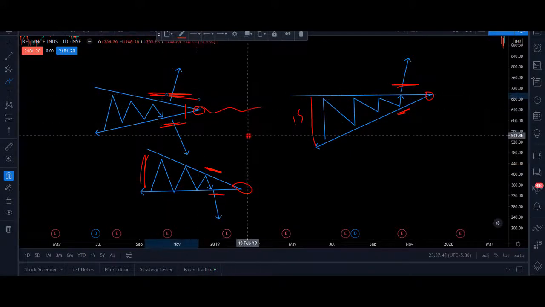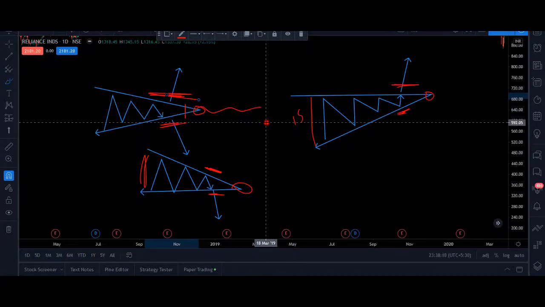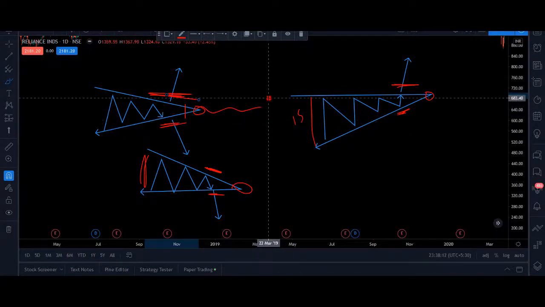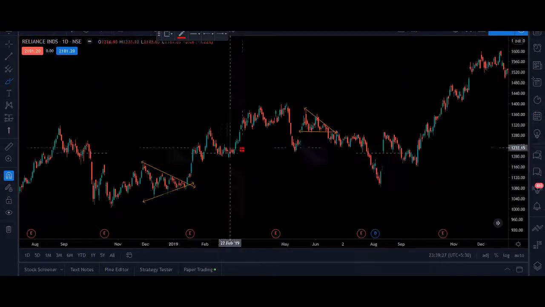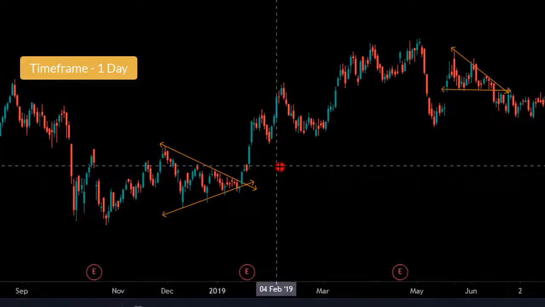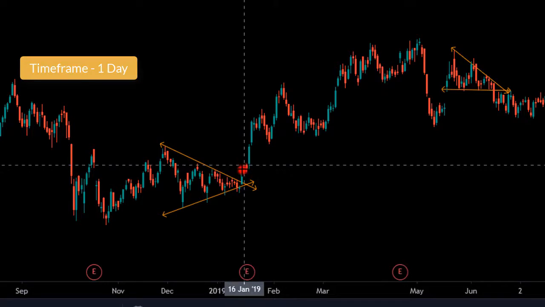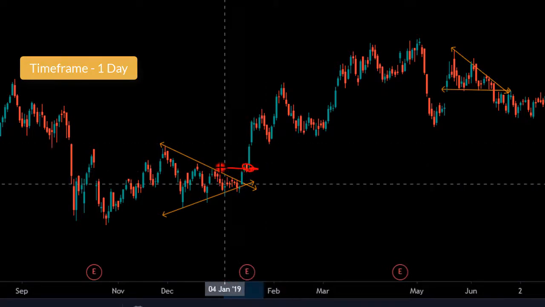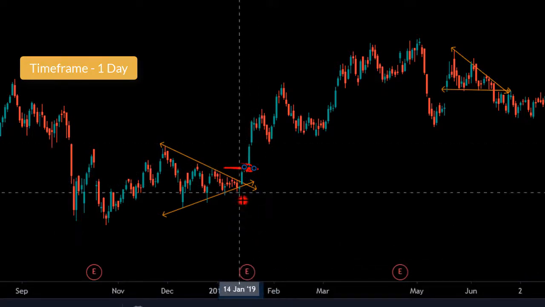So this is how we are trading, and we have been trading this triangle for a very long time, and we made good enough profit using this strategy. And now let's have a look at some real market examples to understand even better. So this is our first example, and you can see the first breakout happened here. So we could have entered the trade at this point, and we could have kept our stop loss here.